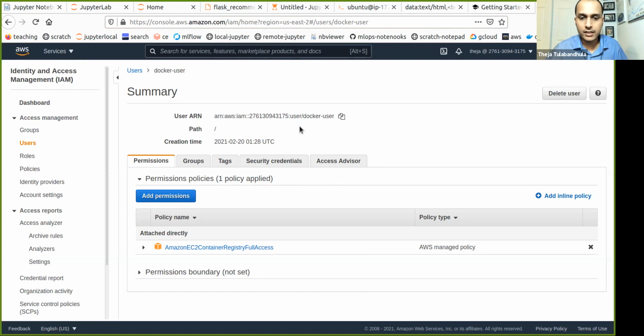Okay, so let's actually configure AWS CLI. That requires a couple of steps.